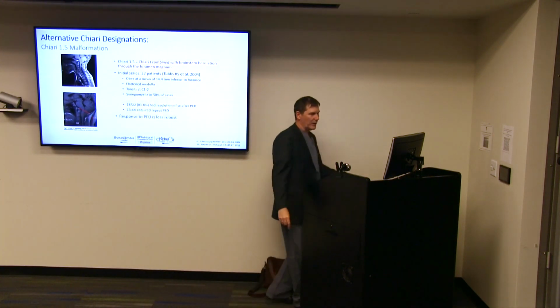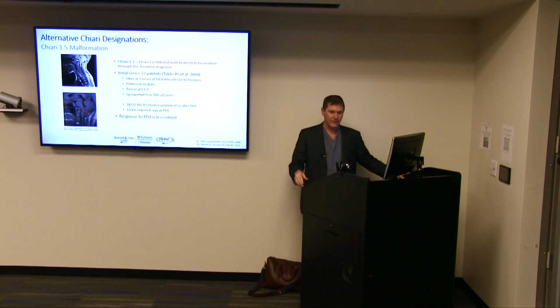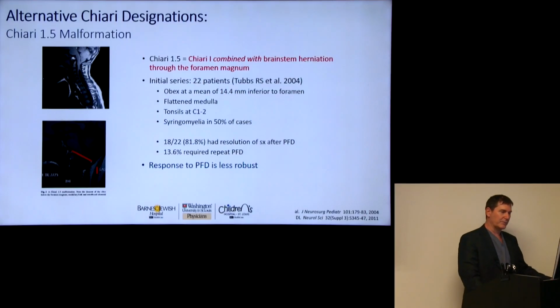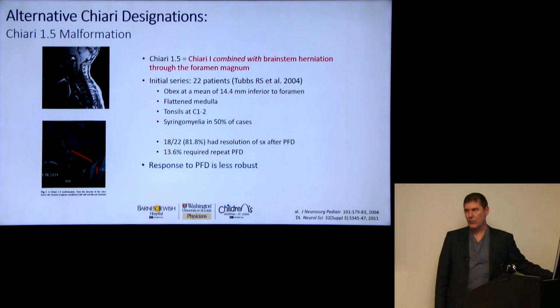So when you see brainstem and tonsillar displacement through the base of the skull, we call that Chiari 1.5. So why is that important? It's important because these patients tend to be a little bit more refractory to some of the procedures that we